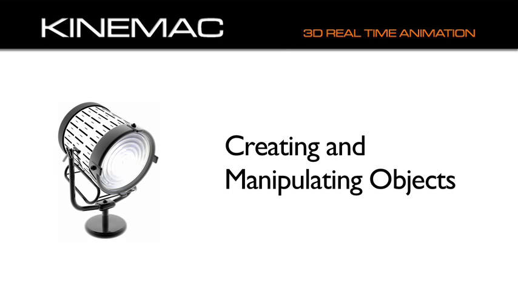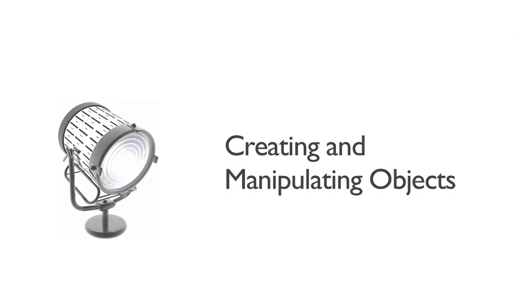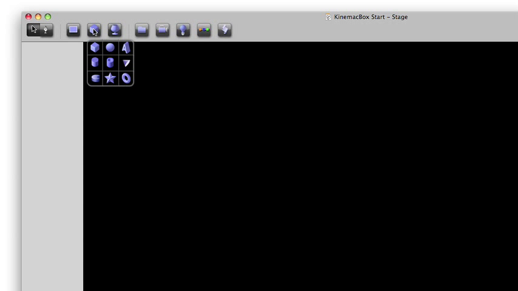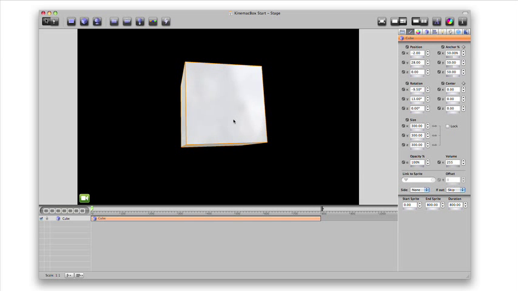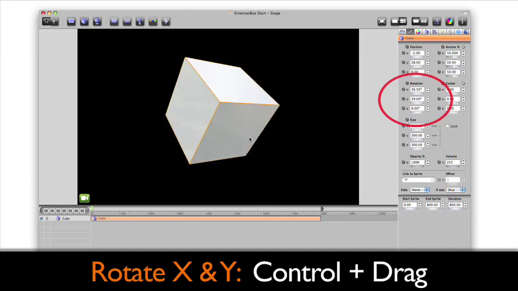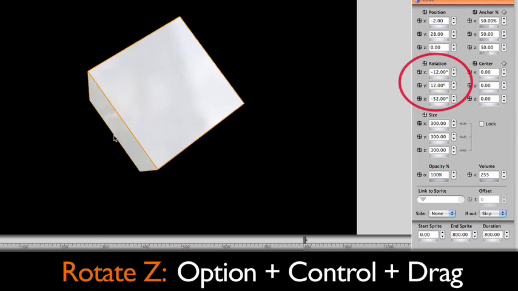The first step is to create and manipulate objects in Kinemac. Click the 3D Object button on the toolbar to create a new object. Here we've created a cube. We can manipulate it on the stage. Hold Control to rotate it on the X and Y axis, and hold Option Control to rotate it on the